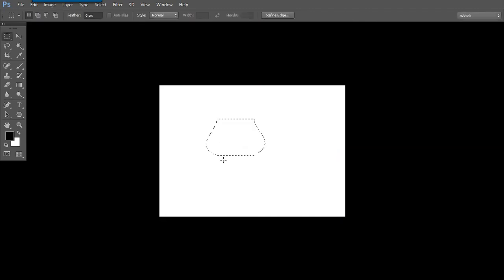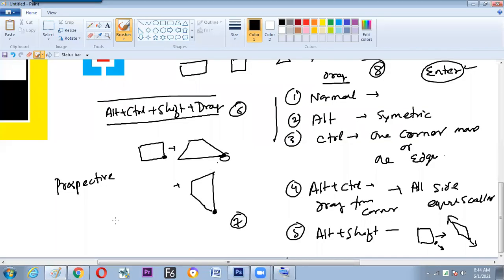So a selection can be turned into a wave format of scaling, and that is called warping. And it is there in your right click, Warp. So a rectangle can be converted into a curved selection. This is possible with warp scaling.